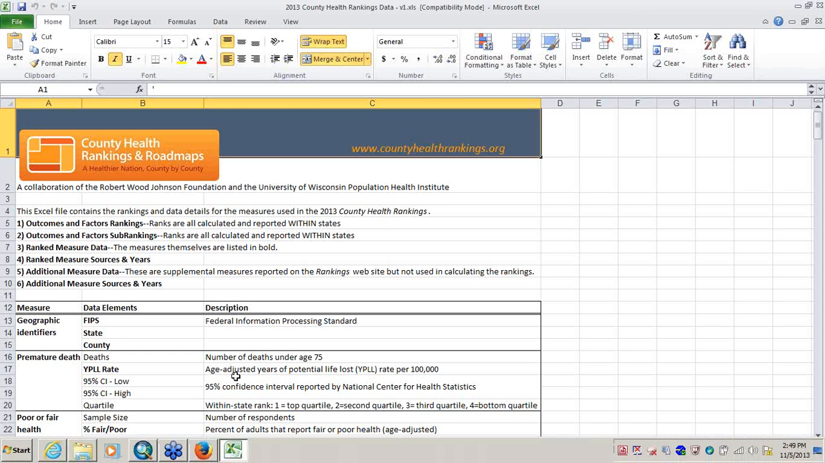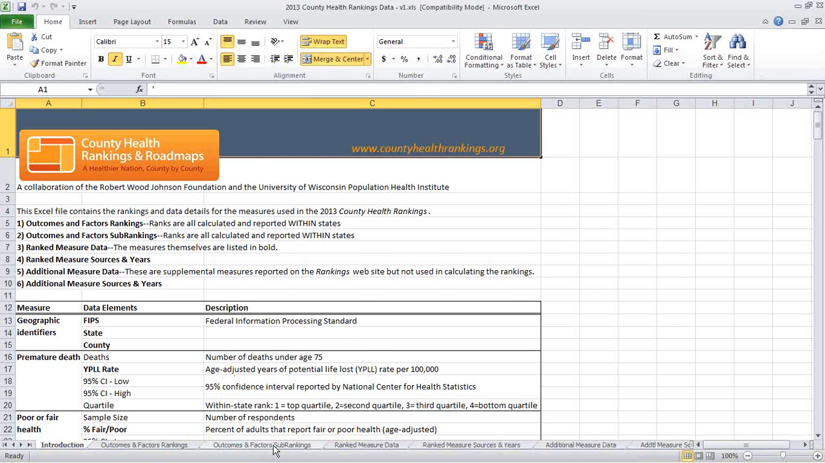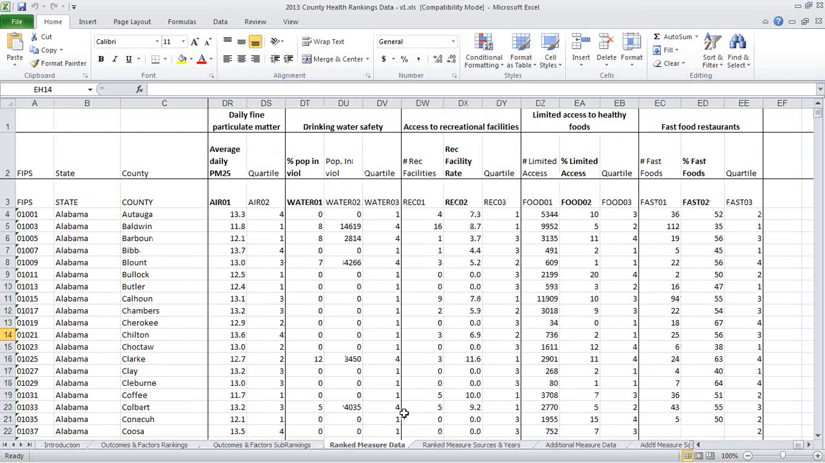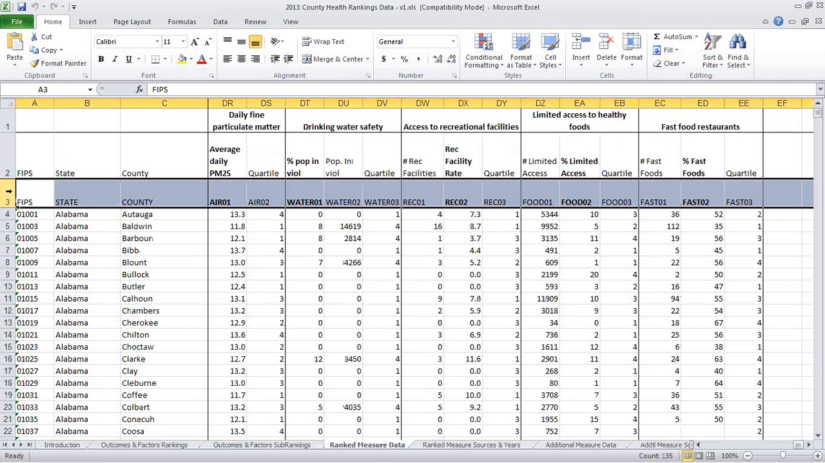But if you're interested in doing more than that, you can look at some of the variables that they use. And it turns out if you go to their ranked measure data tab, I actually added a field in here, and there's the two reasons I'm talking to you about this. You'll hear about it in a sec. But you can see all these different